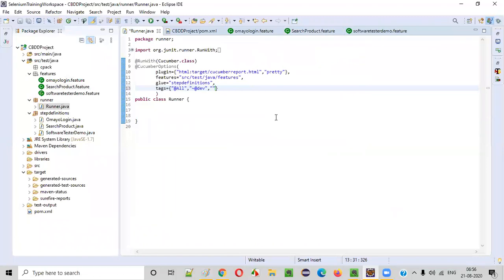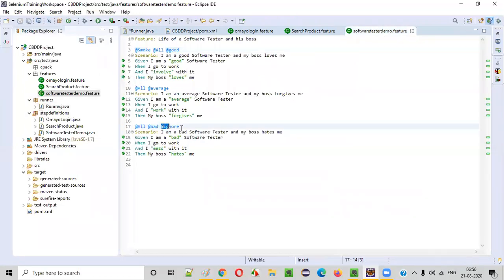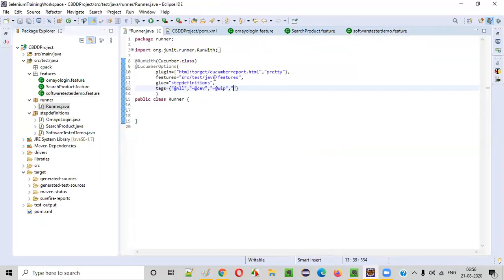The tag-related scenarios which I don't want to run, I have to put negation of. Negation of @wip. Another one is this one, @ignore. Negation of @ignore. Let's see whether this will work or not.